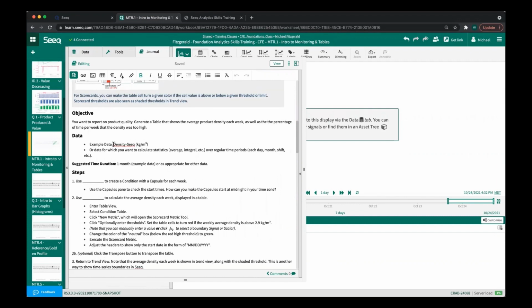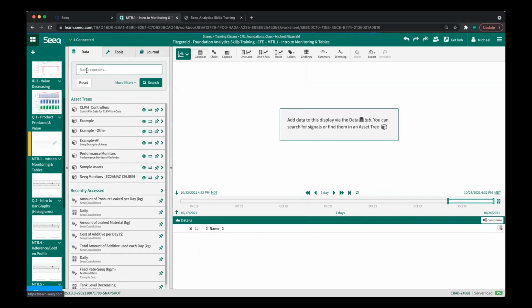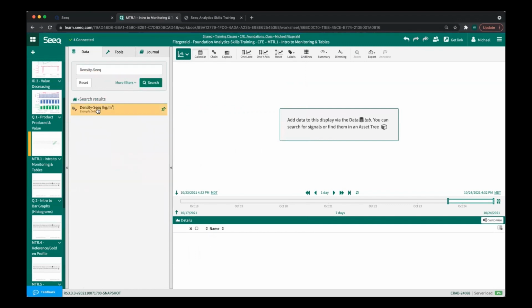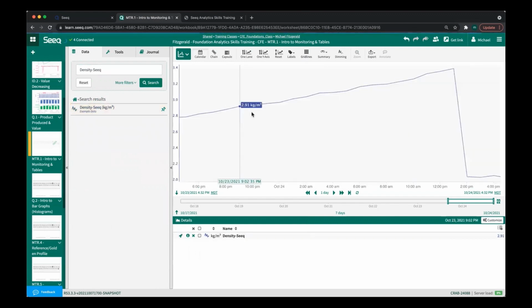So if you remember how we bring in our data signals, I have my signal here that I want to bring in, which is the density Seeq. So I'm going to go ahead and copy that. I'm going to go up to my data tab, and I can paste in density Seeq. Search for it. I have one result. I'm going to click on it,